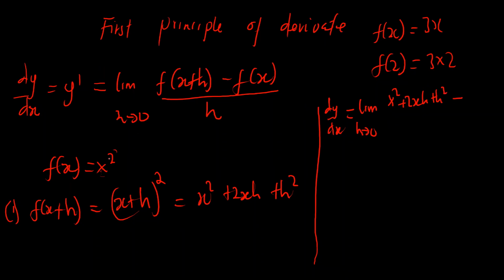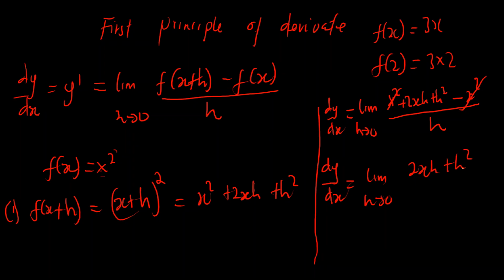Minus f of x is minus x squared. So we have x squared, then all divided by h. Now we have positive x squared here and we have negative x squared here. So this cancels this. So we have dy dx equals limit as h approaches 0 of 2xh plus h squared